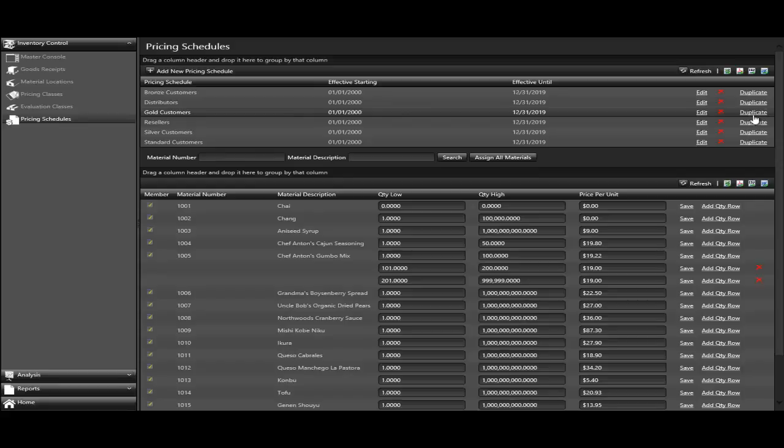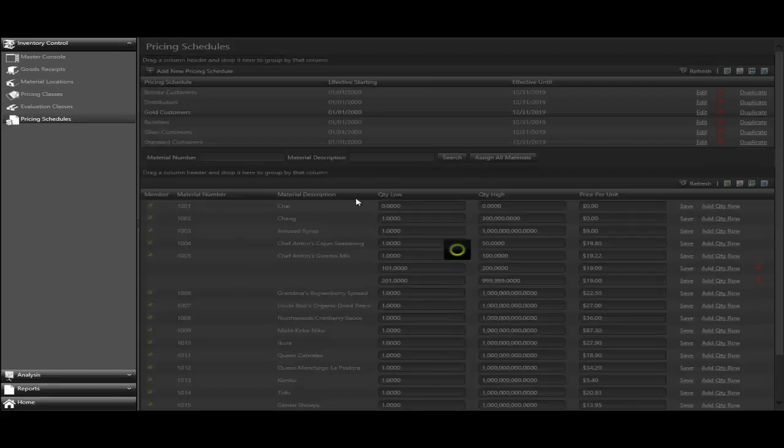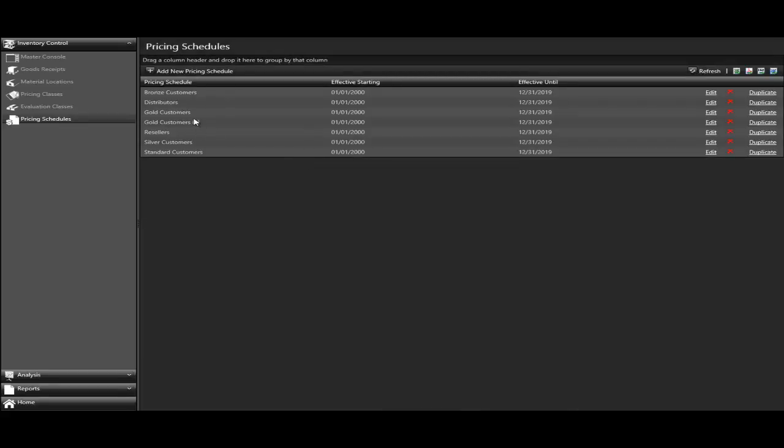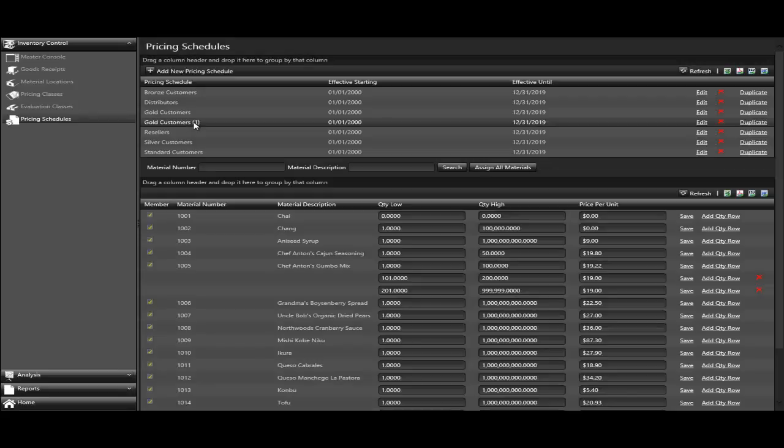So I can hit the duplicate button, and essentially what that does is create a new pricing schedule, and it starts life with the same items in the same configuration. So essentially what I've done is I've copy and pasted, I've created a new pricing schedule that started life the same way as the one that it started from. Now I can go back and make my tweaks. So maybe in this particular item, this is a little more expensive, so I can go through and change my prices here. So that's another way to quickly create a pricing schedule based on an existing one.